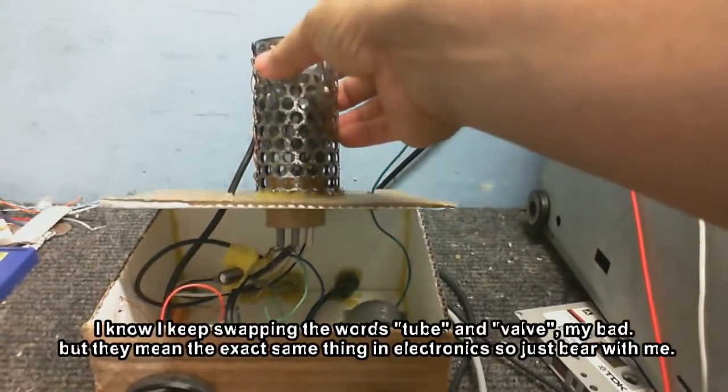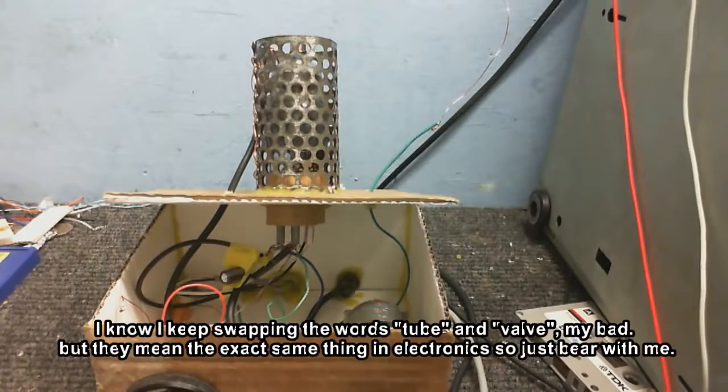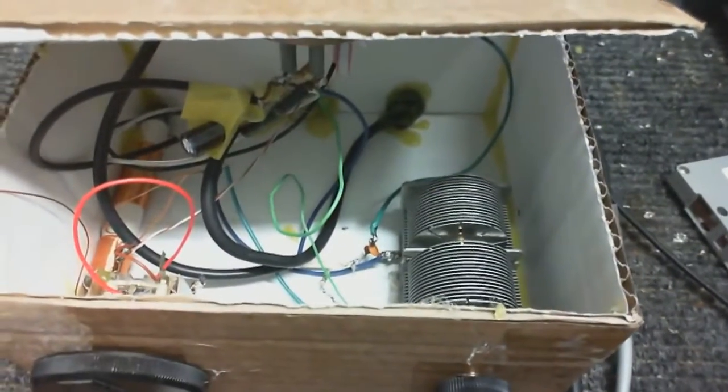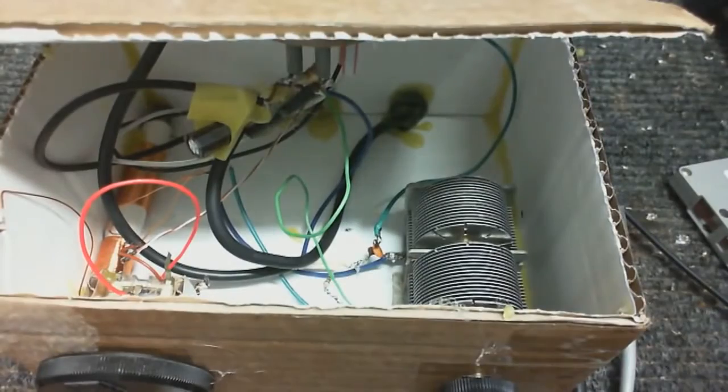I've put this metal shielding around the tube to try to cut out some of the interference, cut out some of the hum it's receiving, and hopefully that will cut out most of it. And let's just take a little look inside. It still looks a bit messy, but I've tidied up the wiring as best as I can,